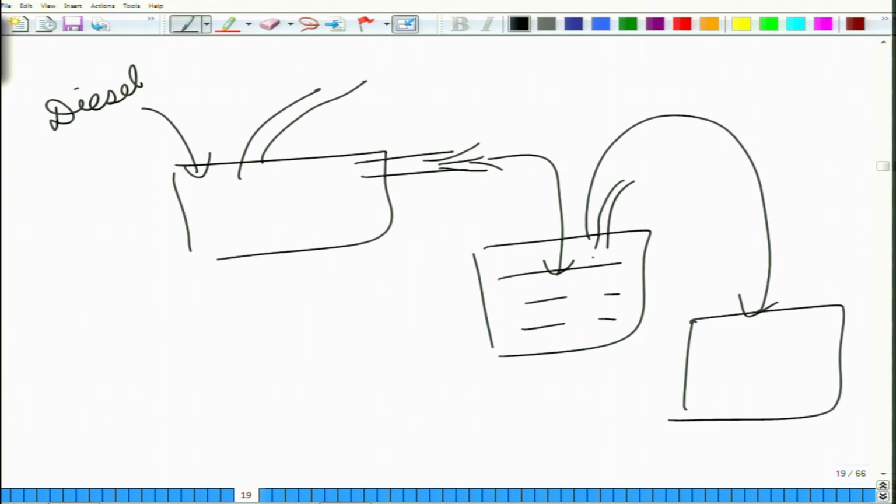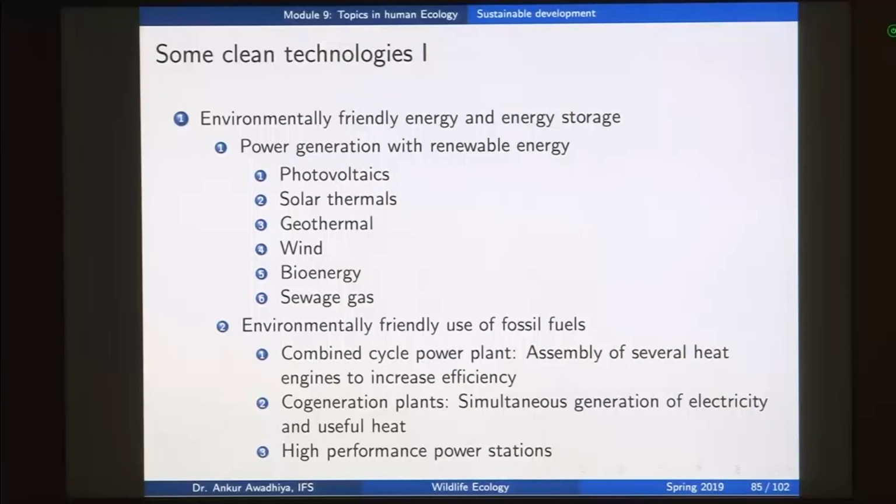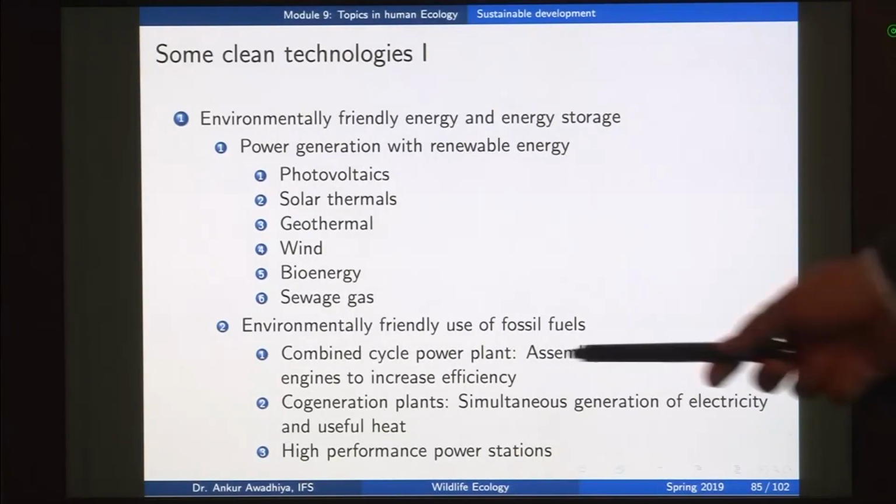you put it into another turbine, which is a steam turbine. So, the energy that was being lost in the form of hot gases through your diesel generator has been taken back. It has been used to heat up water, and that heated water is converted to steam, and that is used to run another turbine. So, you are able to make a much better utilization of the fossil fuel or diesel that we are using in this case,